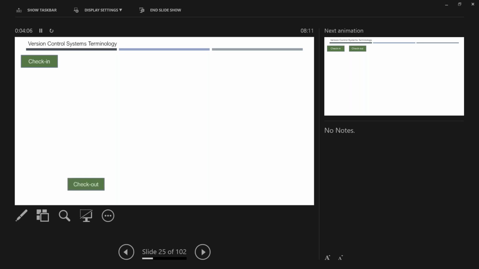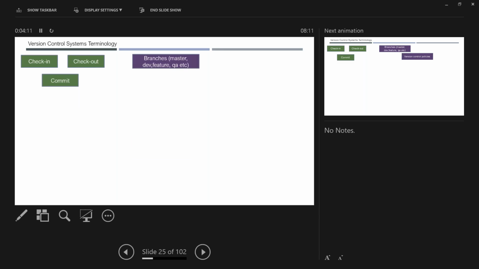Those commands are check in, check out, commit. Whether you are using Git or TFS, everyone uses these commands, check in and check out, because we are used to those things. But check in and check out are not the terminology used in a distributed version control system, that is, Git based. And commit is again a standard word.